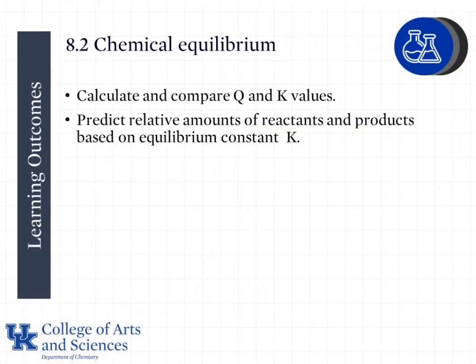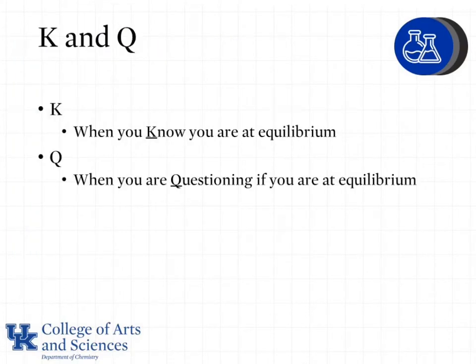We're going to calculate and compare Q values and predict the relative amounts of reactants and products based on equilibrium constant K. So we're going to look at both K and Q. We use K when we know we are at equilibrium, and we use the value Q when we are questioning